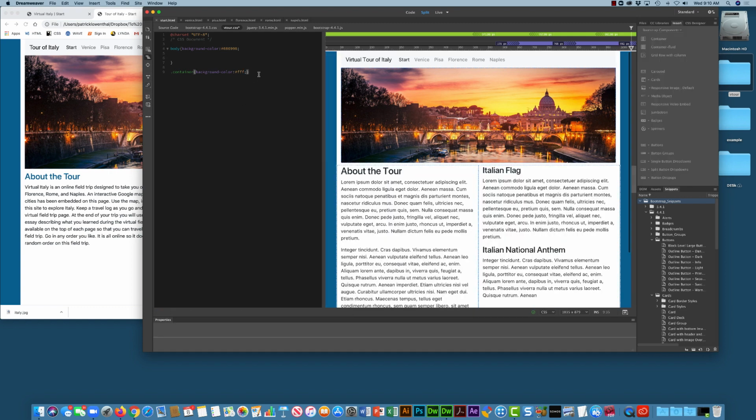Then you might want to do some things with maybe the H1 is around the image, so I'm not going to do anything to that, but maybe the H2 I want to do some stuff with, and my H3. I could change the font, change the size, change the color, change the padding. I can do all of those types of things. And so in this example here, I'm going to just take the same body background color, and I'm going to say